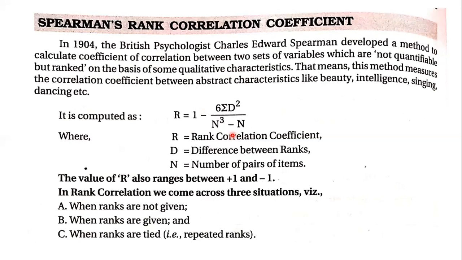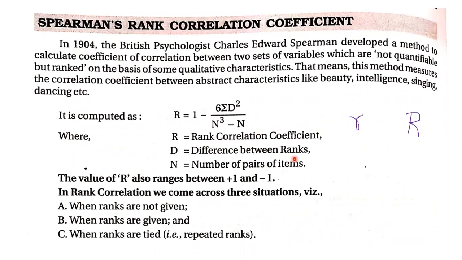So you have a formula to calculate, which is R is equal to, now understand, for Karl Pearson's we were using small r. If you see small r in the questions, then it is Karl Pearson's correlation. But if you see capital R for correlation, then it is Spearman's rank correlation. So capital R is equal to 1 minus 6 sigma d square divided by n cube minus n. Now let us see what all these notations are. R is the rank correlation coefficient under Spearman. Then D, difference between ranks.